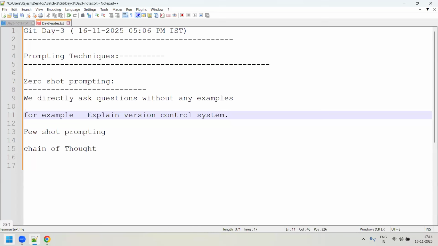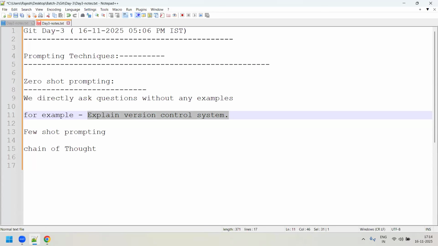So as things progress over a period of time, whatever the latest available ChatGPT model is, like 4.5 or 5.2, they give a very good response to anything you ask directly, like zero shot prompting. Even if you ask with a single line of information, it will give you a very good response.